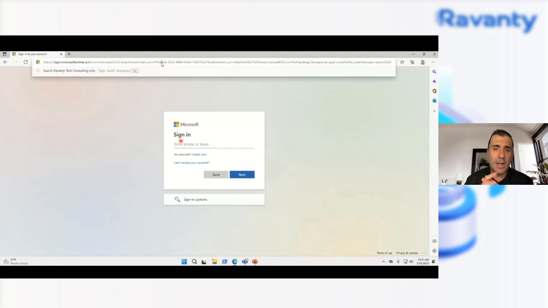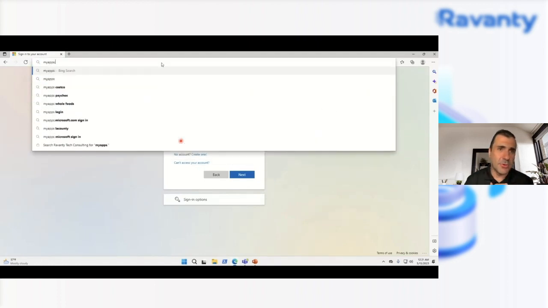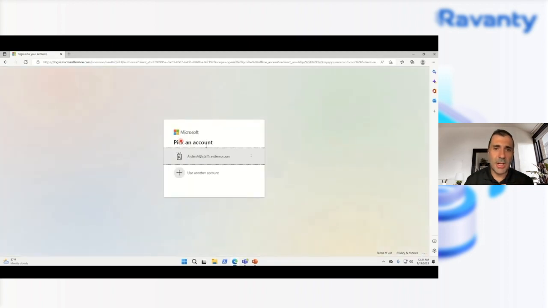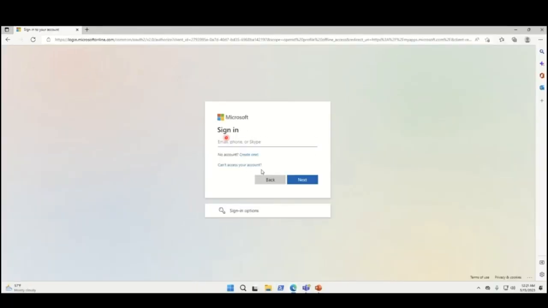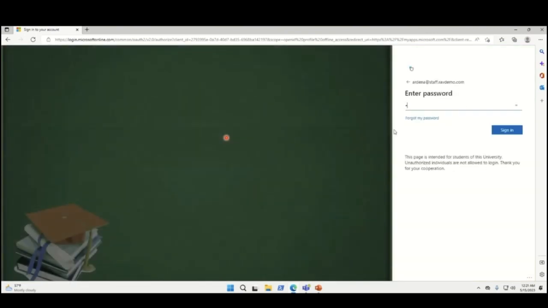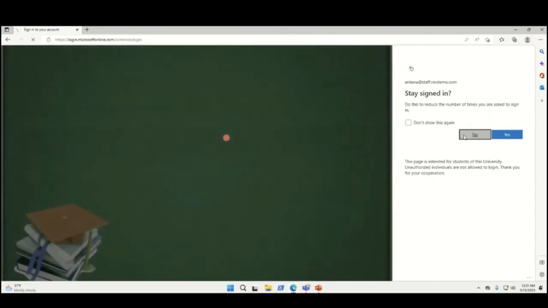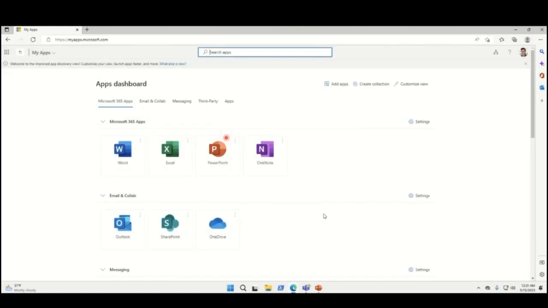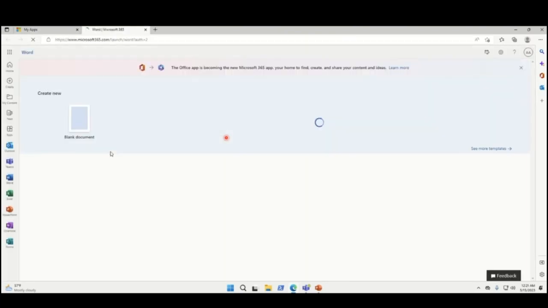Now, here I'll show you a demo of a user logging into their My Apps portal. So they go to myapps.microsoft.com. They log in normally. So we have a user here who's logging in. This user is a staff user who has access to a certain subset of apps. So they log in like they normally would. After the user is logged in successfully, and of course, depending on your conditional access policy enforcing MFA, and depending on what you enforce, after they're logged in, then they see their My Apps portal.